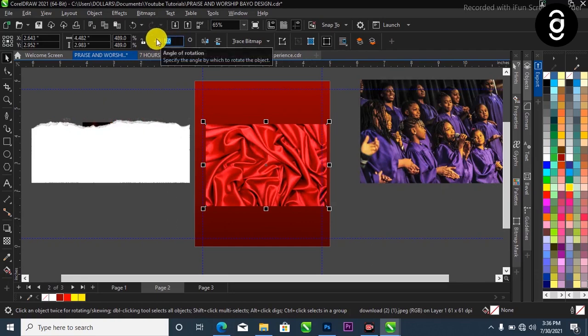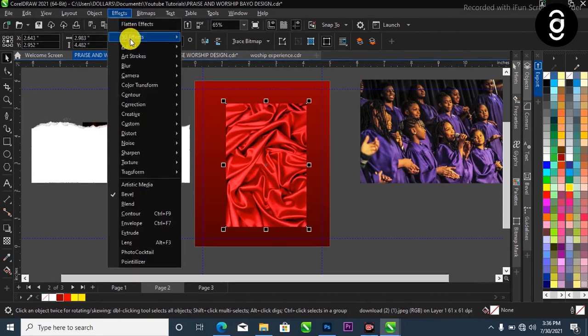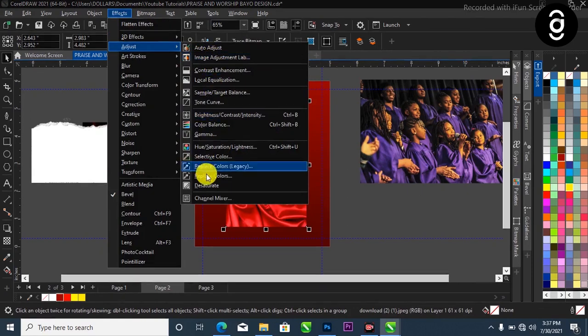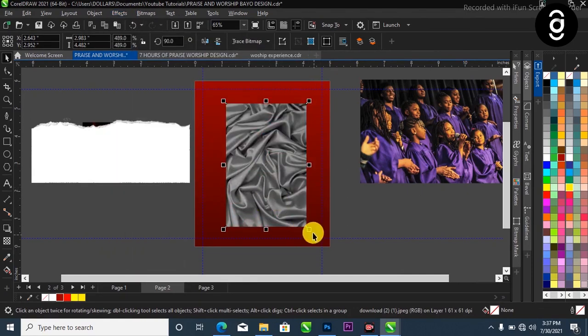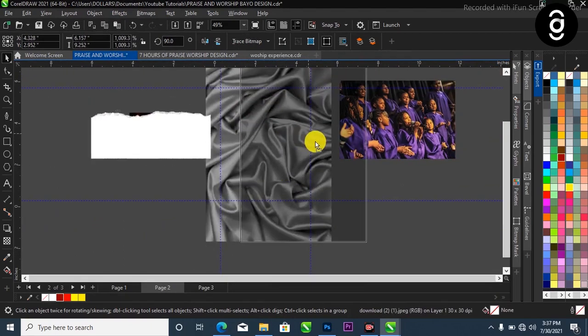I just change this rotation to 90 like this. I just change the angle like this. So I head over to my menu bar where I have my effects, scroll all the way down to where you have your adjustment, then just saturate like this. Now I'll scale it up like this while holding my shift on my keyboard, then bring it to this side,